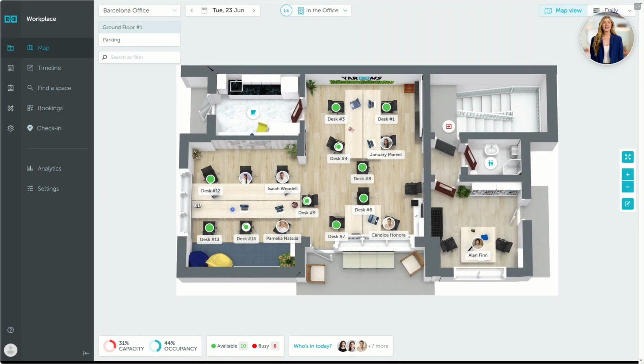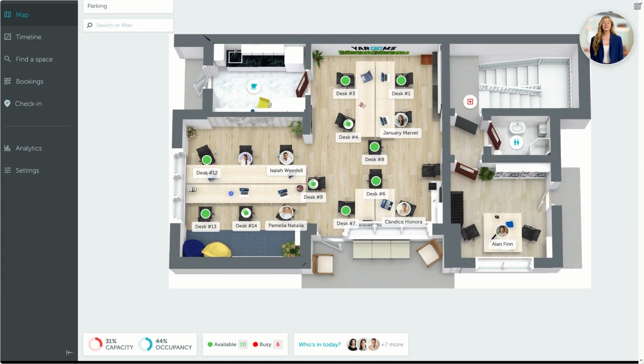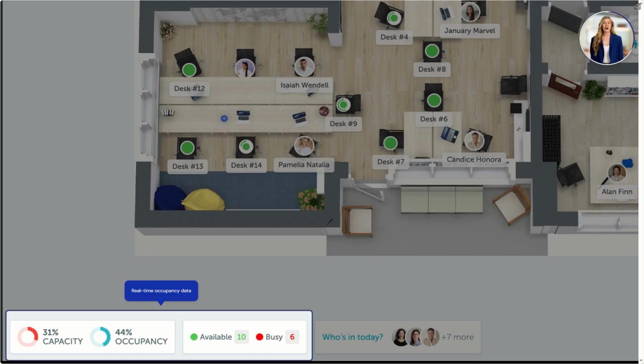Hi there! In this video, I'll show you how to track who's actually using your desks and meeting rooms, no sensors required. Instead, the occupancy and utilization data comes straight from the workspace bookings and check-ins already happening in YAROOMS. First of all, for a quick status check, you can always see real-time capacity and occupancy data right on your